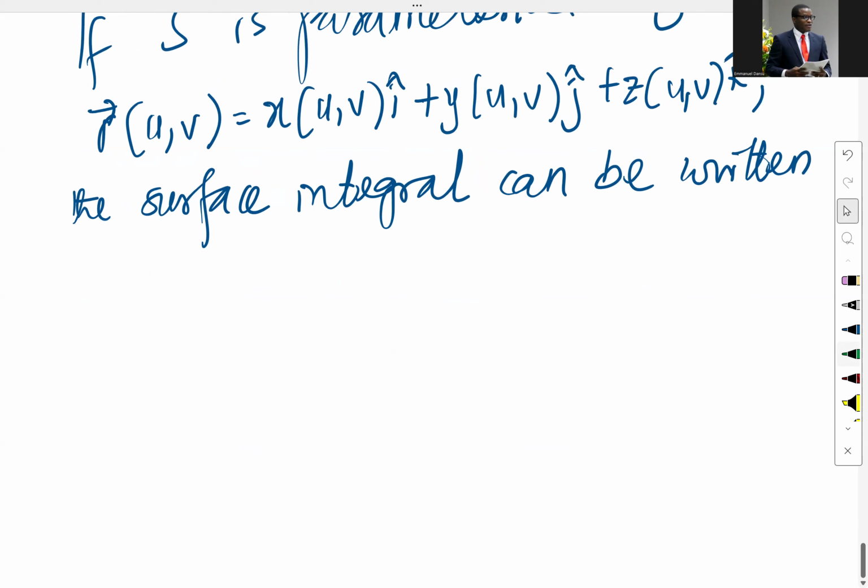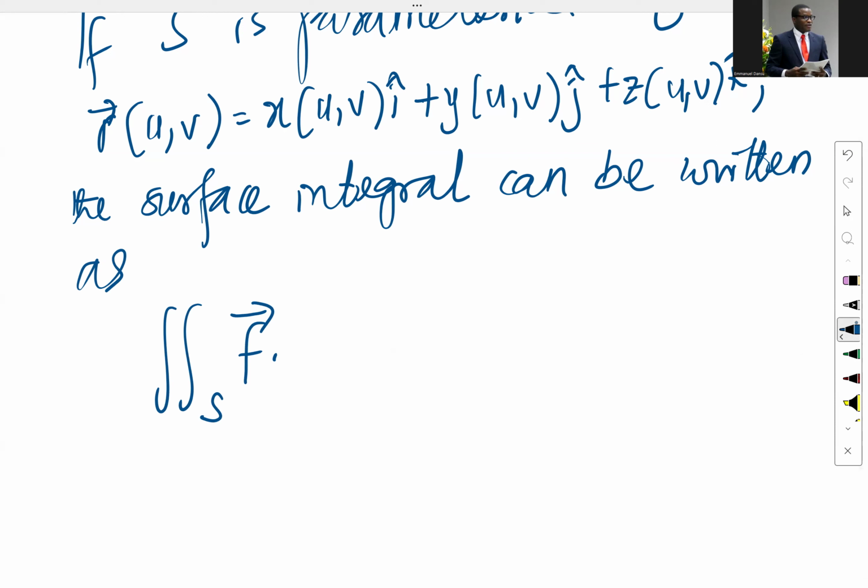So it can be written as, of course, the double integral on the surface S of the force field multiplied by, so instead of having n cap dS now,